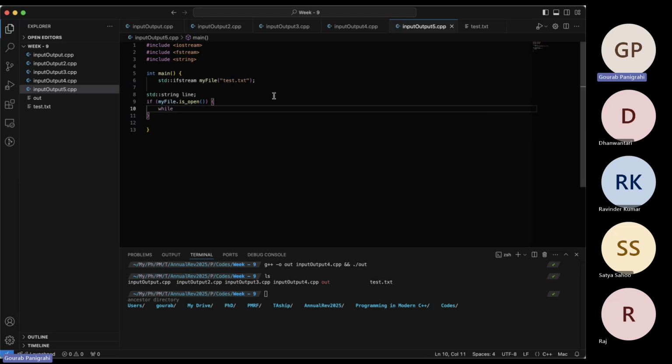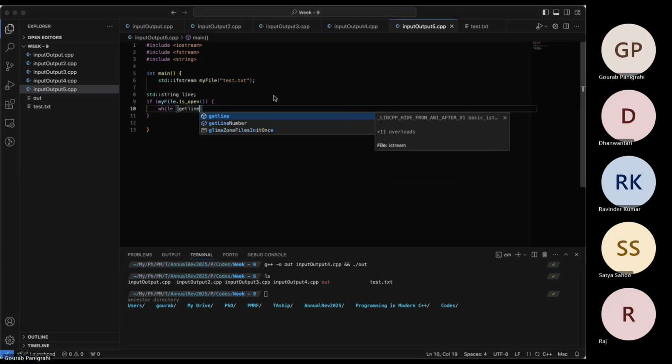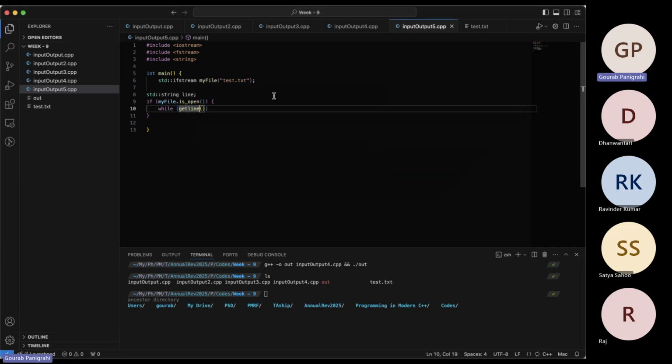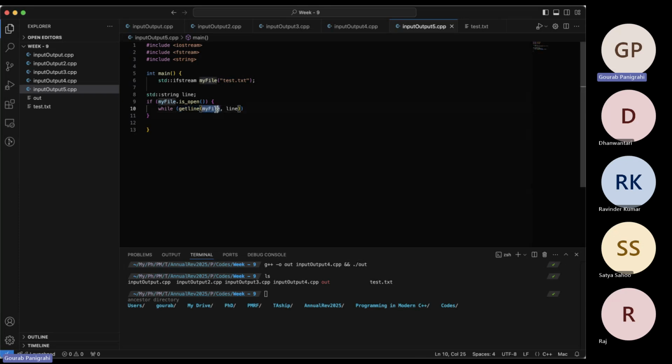While writing the code, we'll have an exit statement also. So there'll be a while loop, which is essentially getline for myfile, which will pass the line. So the idea is that you have a function getline, which takes myfile, the object that we're reading from,